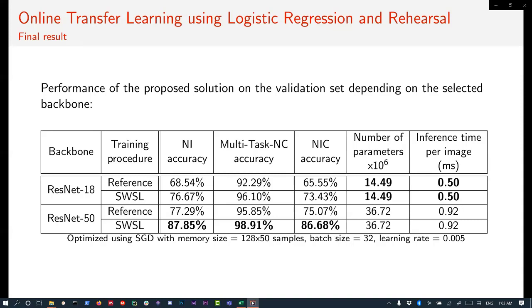While the difference of accuracy on ImageNet dataset is about 5% between the reference training procedure and the semi-weakly supervised learning procedure for ResNet 50, it's about 10% on the complex NI and NIC scenarios. Moreover, we can see that the semi-weakly supervised learning ResNet 18 is only slightly less accurate than the reference ResNet 50, while being around 2 times faster on inference and requiring 2 times fewer parameters.